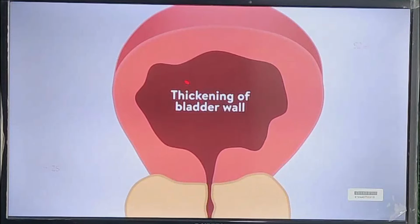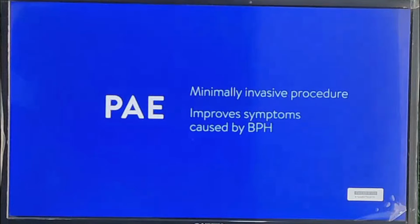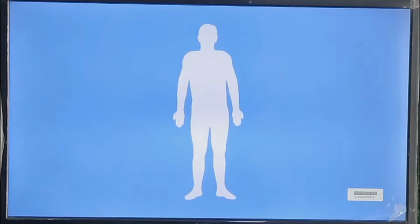So a lot of urine gets retained, there is recurrent urinary tract infection, and bladder wall thickness. Many times patients experience urinary frequency and urgency. He has to wake up many times in the night, which disturbs his sleep as well as the sleep of the partner. So PAE is a minimally invasive procedure for treating the prostate symptoms, and it's performed by the